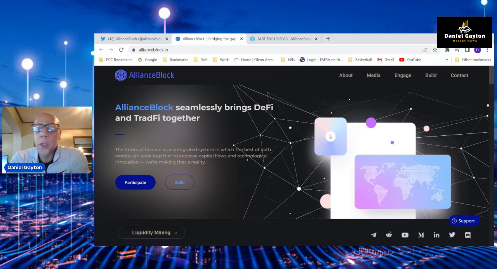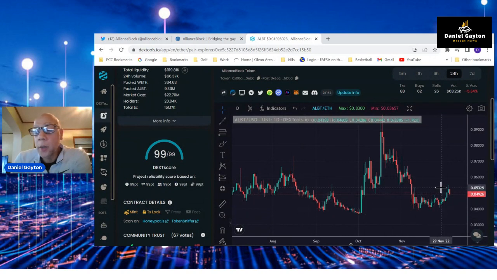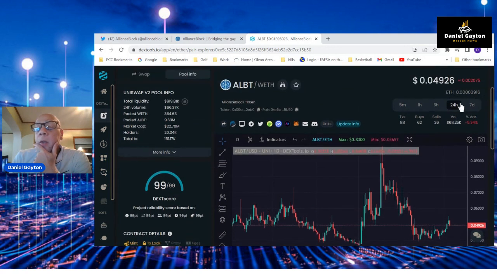But the price action, guys, it's down. You're not going to sit here and act like the price isn't down, but the market's down. And I think getting into an ISO under 5 cents that is working along with the other ISOs to create this network could be a bargain in the long run. This obviously is a long-term hold type of project.